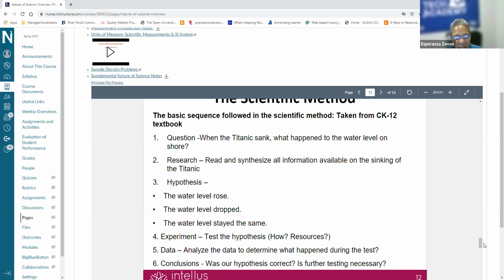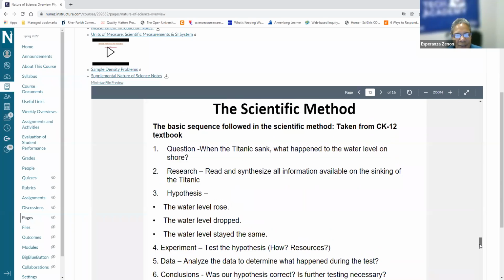And the technology that you have available, right? Maybe there are some experiments that we want to do, we can't do right now because we just don't have the technology. And the data, so once you've gathered data through your experiment process, you analyze it. And then out of that analysis, you form some conclusions about whether your hypothesis was correct, or whether you need to do some further testing. Okay, so that's a crazy example of the scientific method,